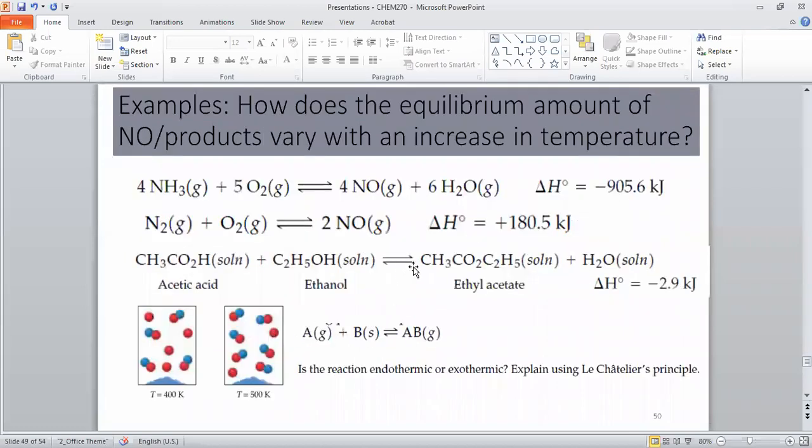So these are the examples. First is, again, this is the reaction. You can explain the reaction with the change in enthalpy. And look at the value. The change in enthalpy over here is the